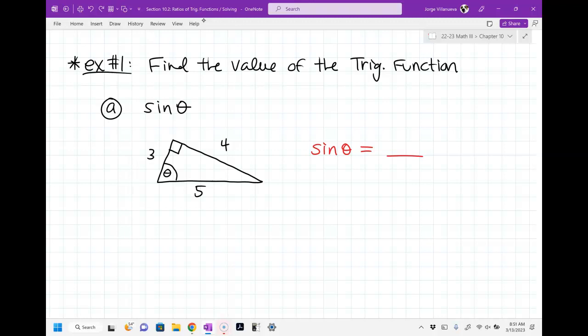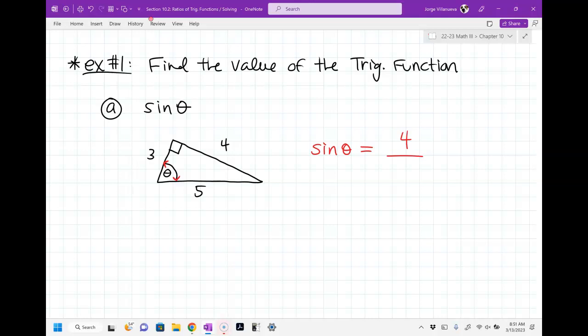In other words, what side does not touch the angle? 4, right? 4 is not touching the angle at all. Notice the little arc I put around the theta. You can put little arrows if you want. It shows you the two sides that are being touched by that angle. The opposite side does not touch the angle. So 4